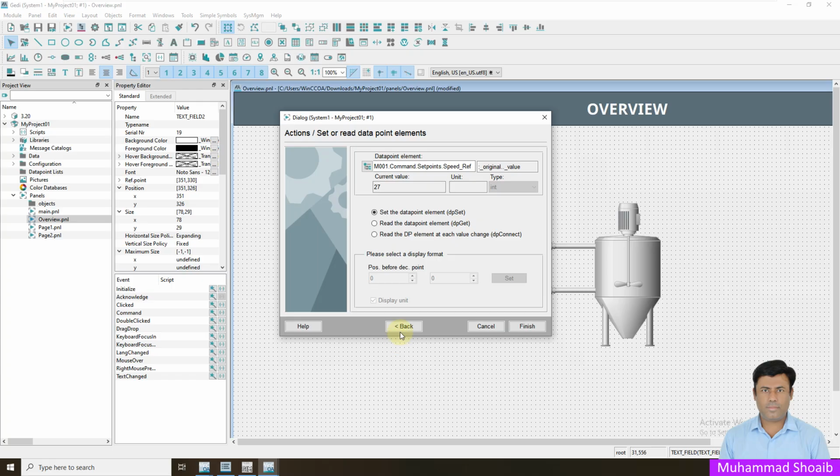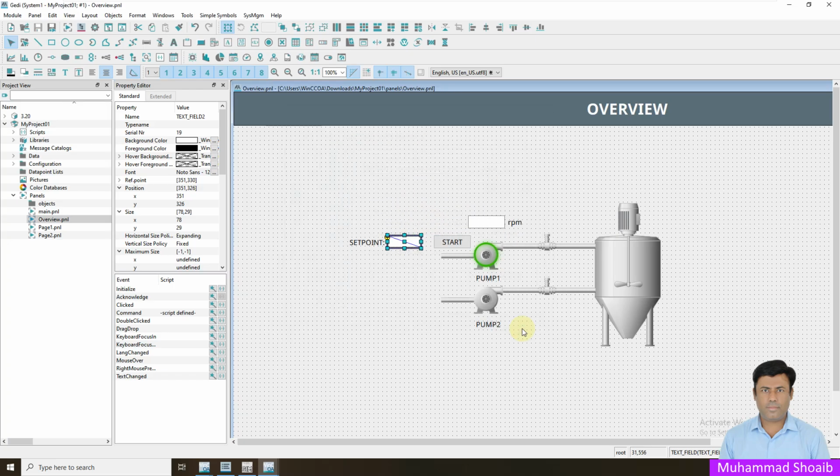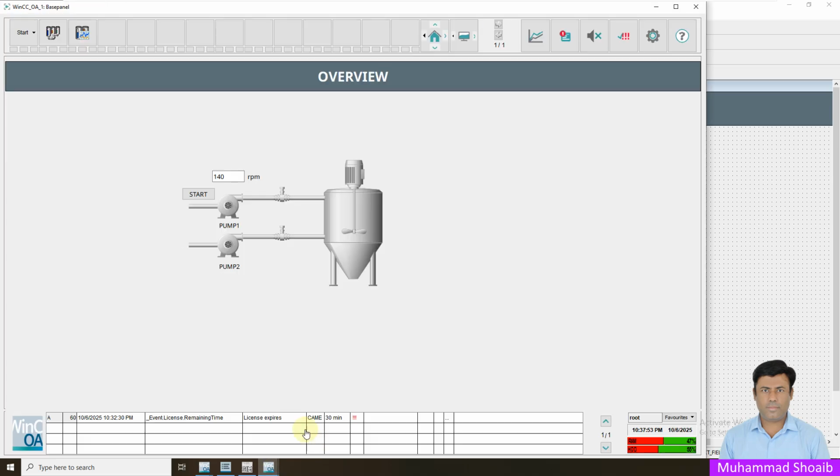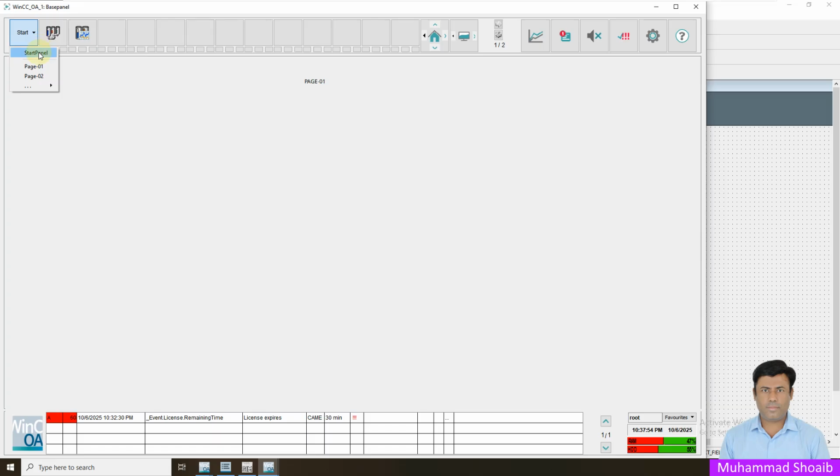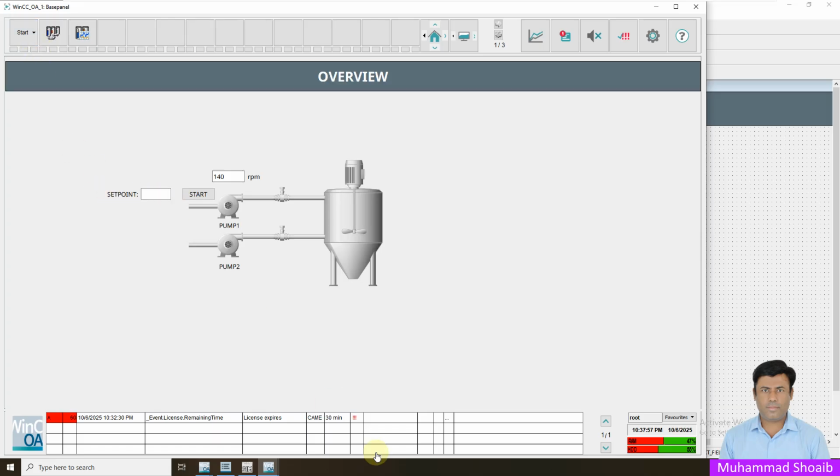Click OK, and we want to set the data points. We never want to read, we just want to set it, and click over the finish. And after that, go back here in the runtime view. I will just change the screen. Okay, now